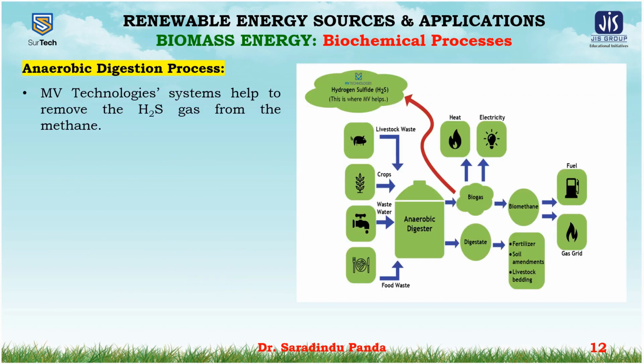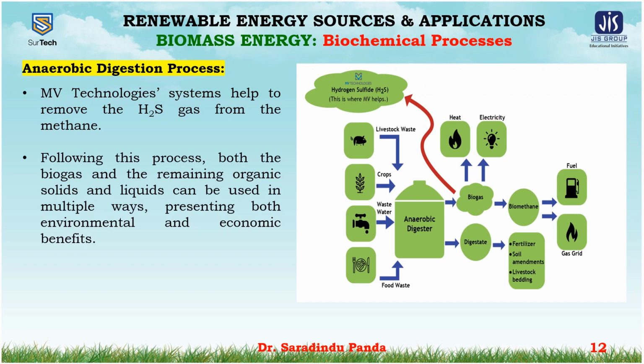The MB technologies systems help to remove the hydrogen sulfide gas from the methane. Following this process, both the biogas and the remaining organic solids and liquids can be used in multiple ways, presenting both environmental and